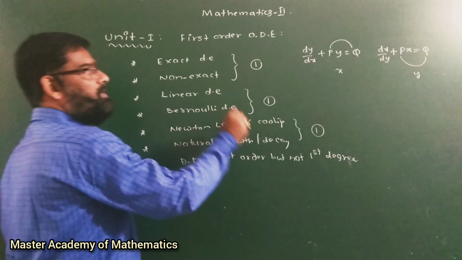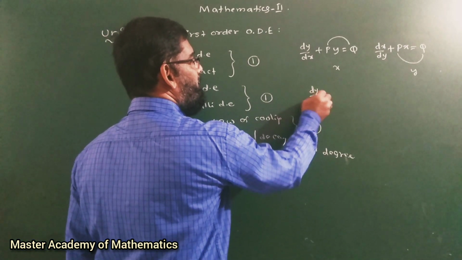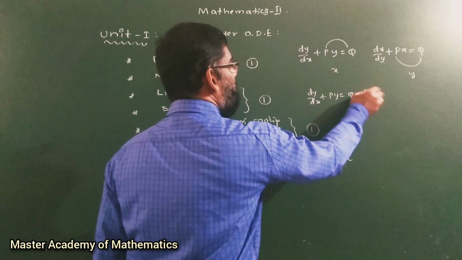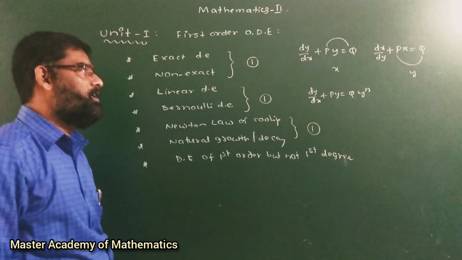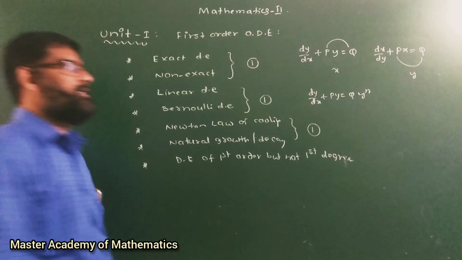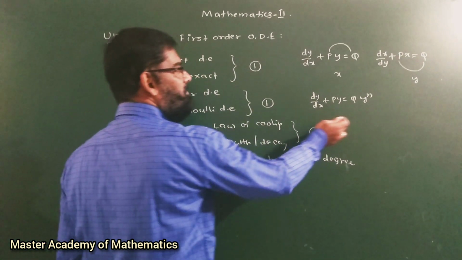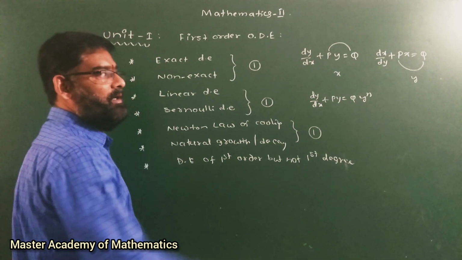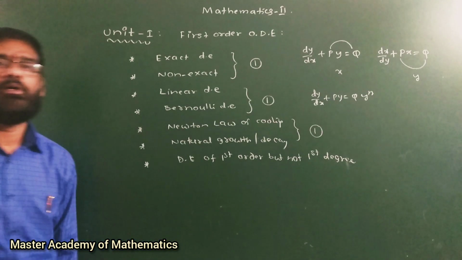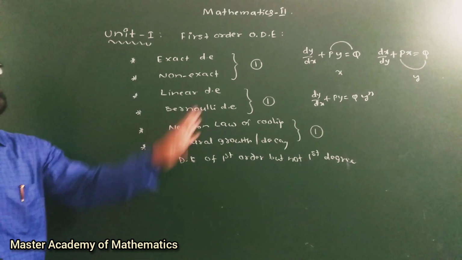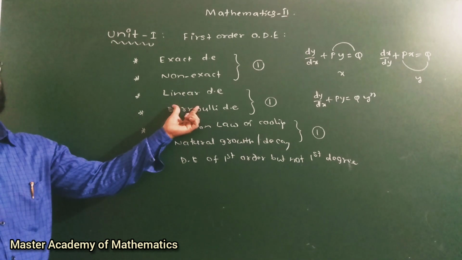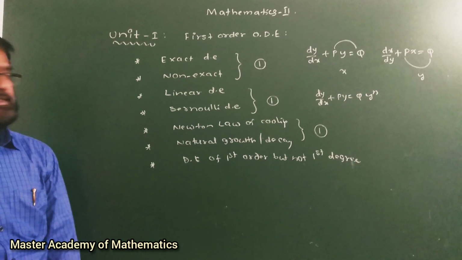Coming to the Bernoulli differential equation, it should look like dy by dx plus py, that is equal to q into y power n, almost similar to linear. In that case, that right side y power n is divided throughout, and you are focusing only on the middle term and you are substituting it as u, and you just convert into linear and find out the solution. So linear and Bernoulli, you can expect one problem in the final exam.